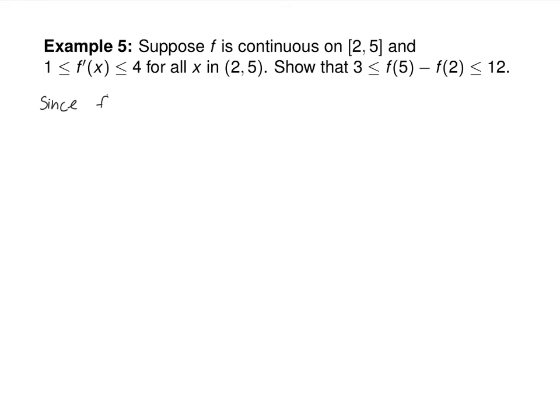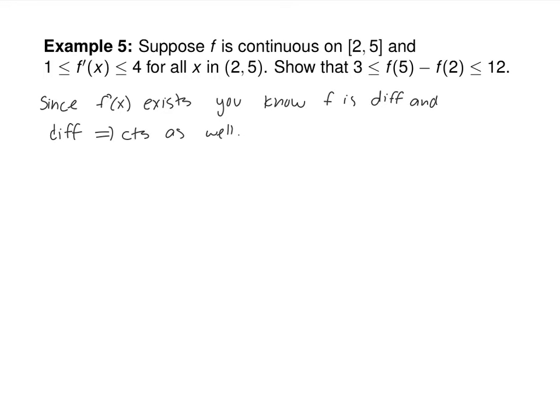Since f prime exists, we just multiply by 3. You know f is differentiable, and differentiable implies continuous as well. If you have a derivative existing, you have to be continuous. And so by the mean value theorem,